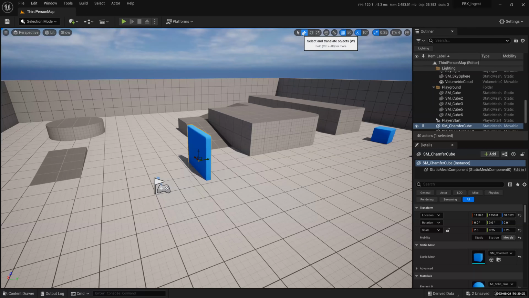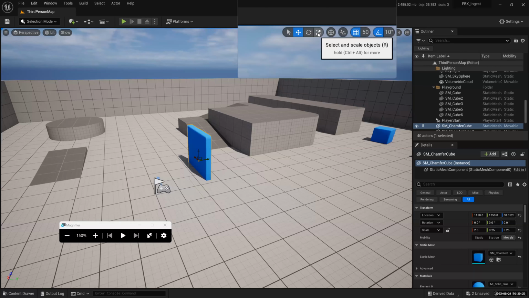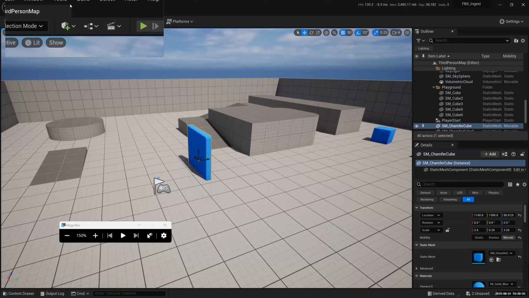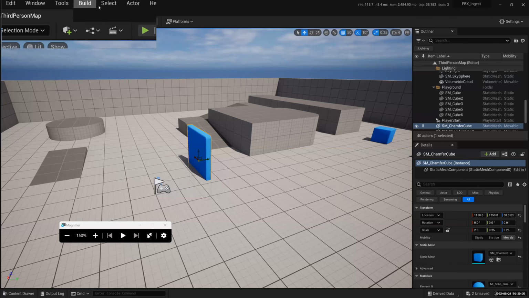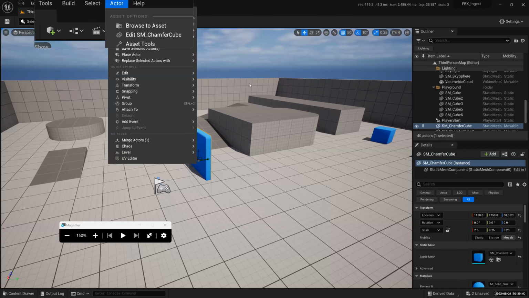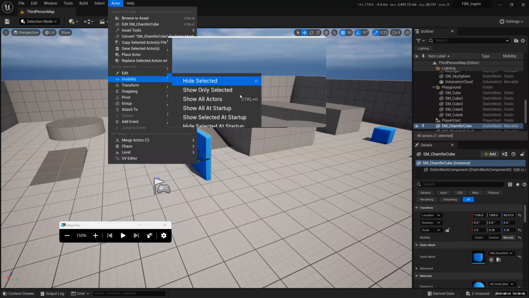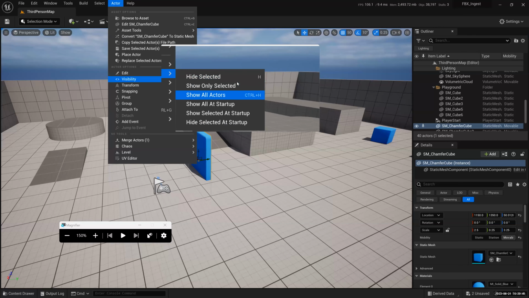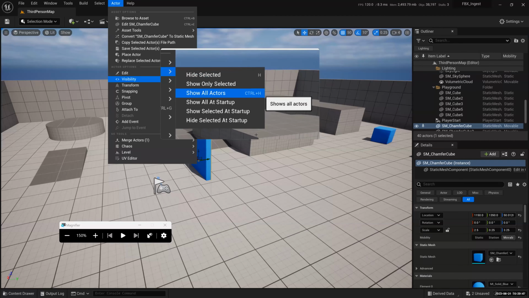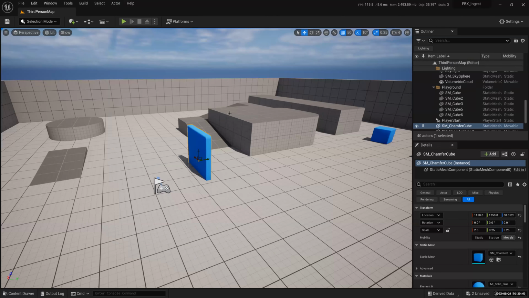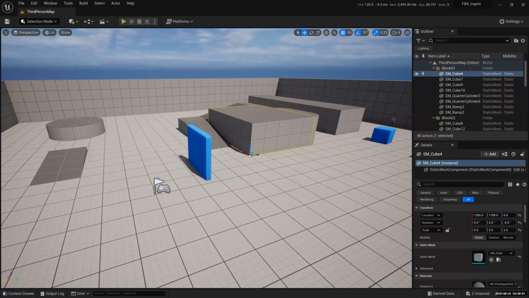Sorry to interrupt. I just wanted to clarify my request. I wanted to see the actual menu button, not the shortcut key, so we know where the menu is, then we can find the shortcut key. Thank you. It's either going to be under the actor menu, like actor visibility, and then you can see hide selected, H. If you want to hide certain things, you just select the actor and then press H.